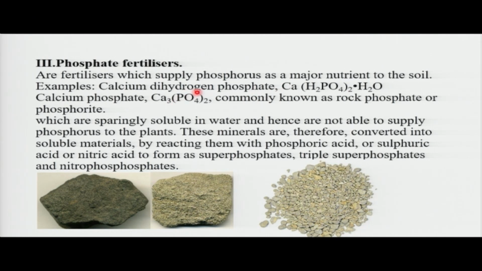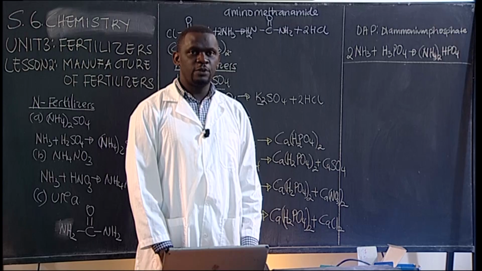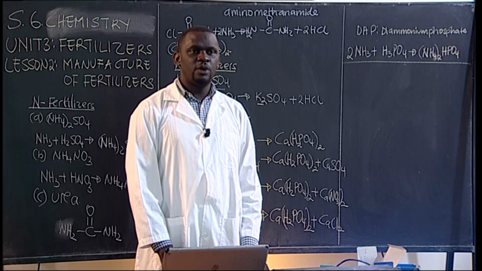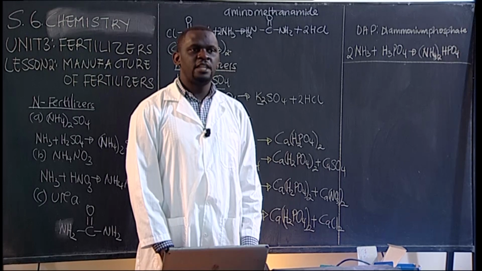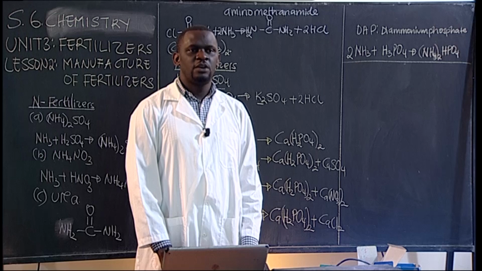And basically, as you've seen, the most of the compounds we are trying to get is actually calcium hydrogen phosphate. We have been saying that this calcium hydrogen phosphate is coming from calcium phosphate, commonly known as